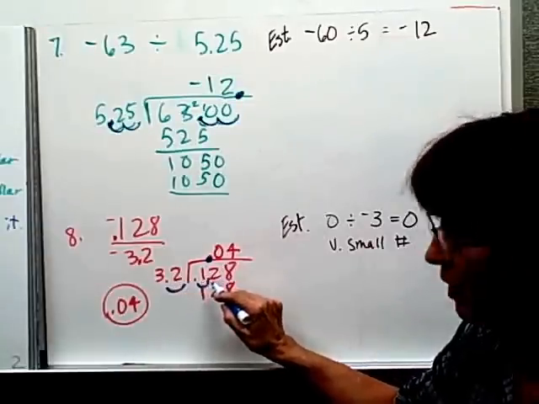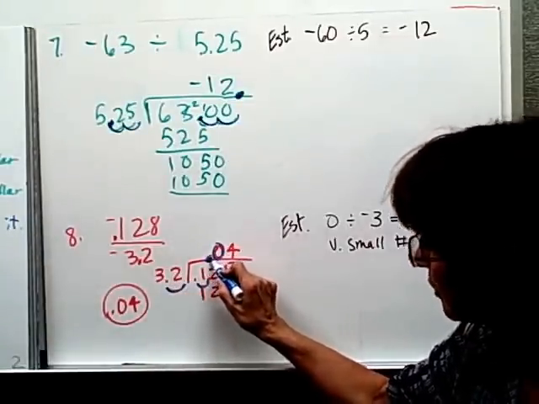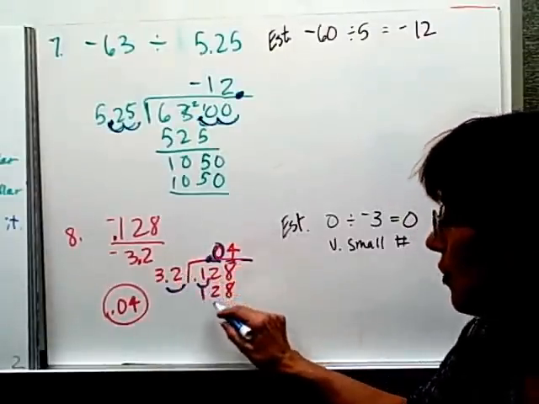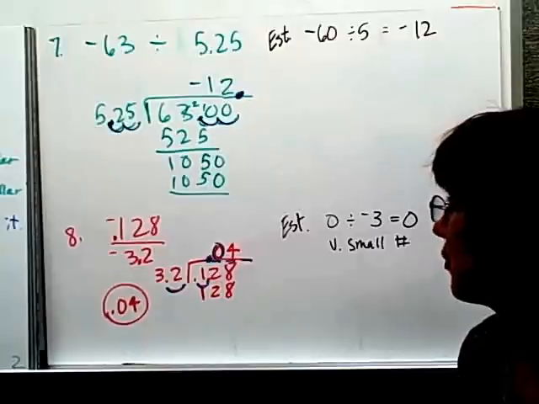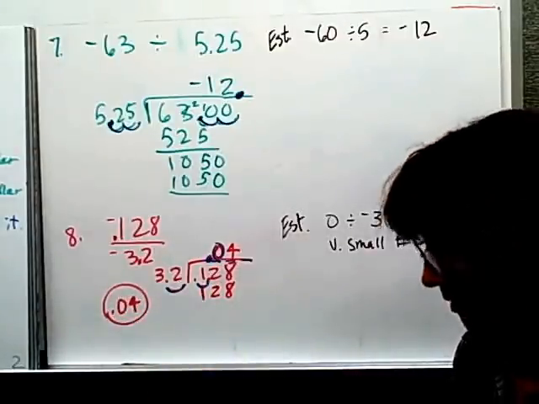32 won't even go into 12, so I put a big 0 right above that 2. Once you have that decimal, you have to put something behind in every place after that decimal. And then you realize, okay, 4 times that. So the answer is just simply going to be 0.04. It's going to be positive because negative divided by negative